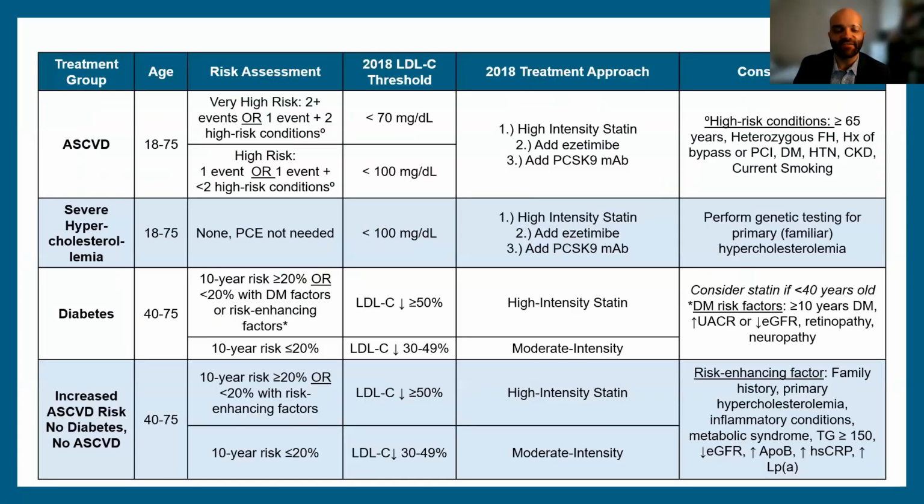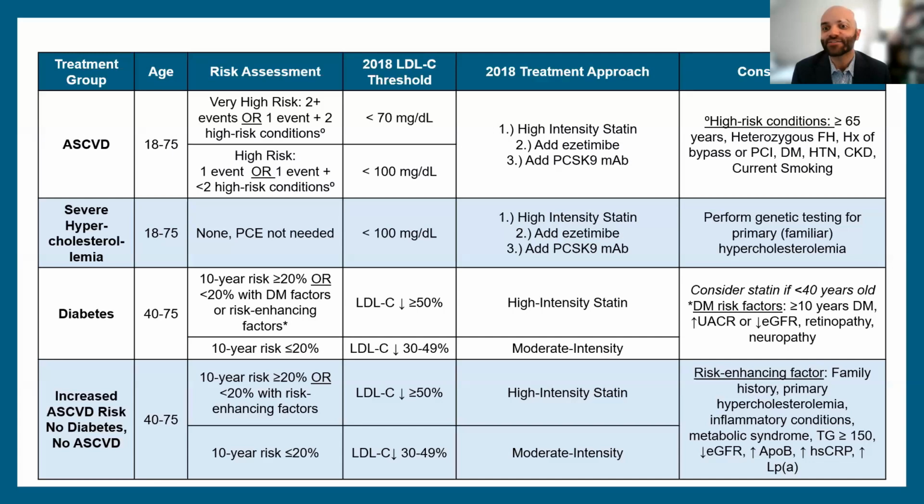So as we dive through, again, looking at the summary of these, putting together this table is actually quite helpful for me always and someone else to consider. As we think about the ASCVD of 18 to 75, those are our main folks, really differentiating, and this is where 2018 introduced some of the difference between those folks we call very high risk, which is 2 or more events, or people with 1 event and 2 or more conditions. So those may be those other conditions or factors.